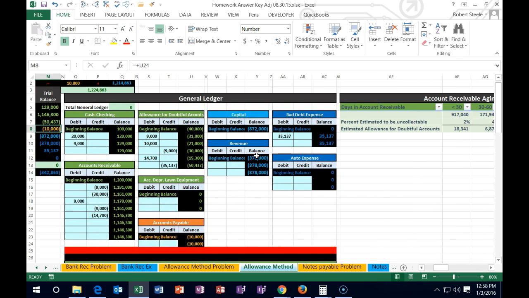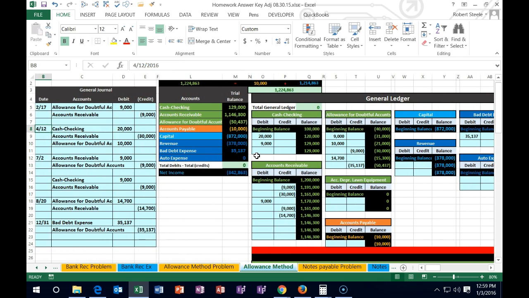So I'm going to scroll back over here. So there's our activity. So now we think that we are going to have receivables of 1,146,300, but 50,347 of those are going to be uncollectible. How do we know? It's just an estimate. We had an estimate from the prior period, but we need to make that estimate because it would be best for our reader to understand that based on past experience, we don't think we're going to collect that much money. We're going to have to reduce it. The net receivable, this minus this, is